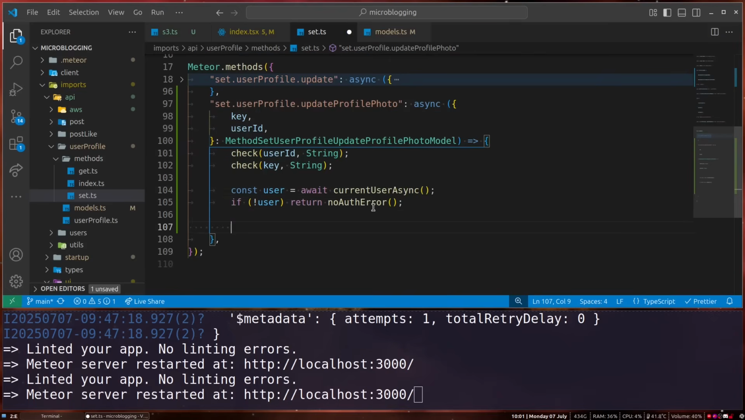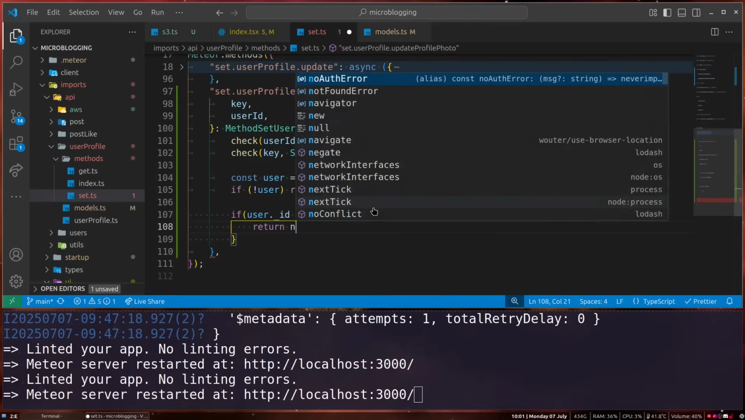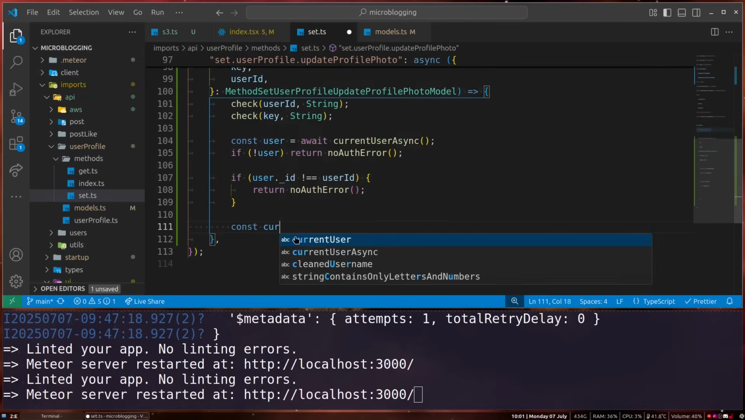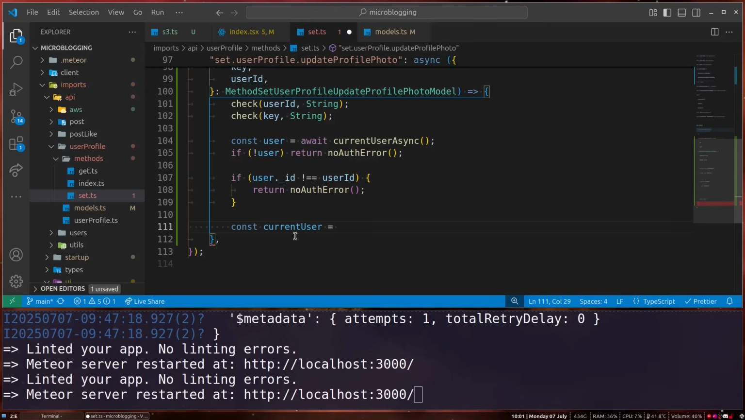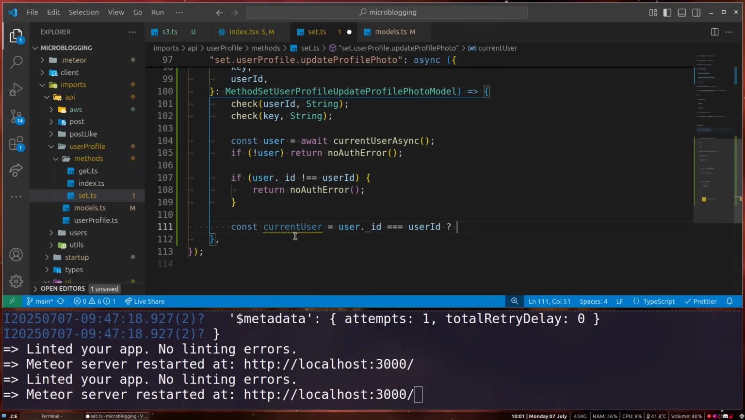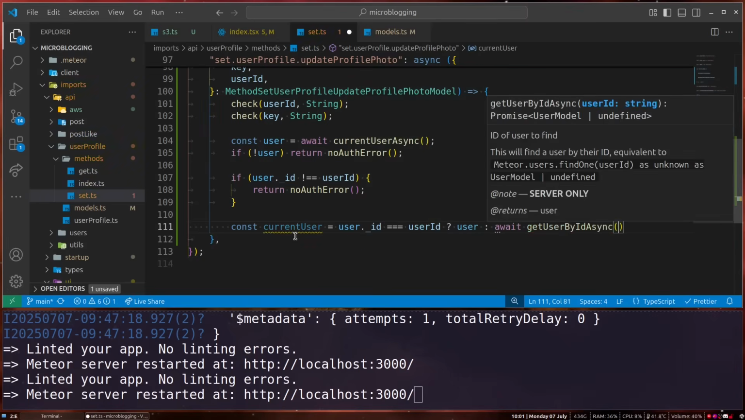And then we just make sure that the person that's logged in is also the person updating the profile picture. So if user._id is the same as the user ID, or in this case, if it's not the same, we want to throw an error. So return no auth error. And then finally, we're going to go const current user is equal to if the user._id is the same as the user ID, then user, otherwise await get user by ID async,